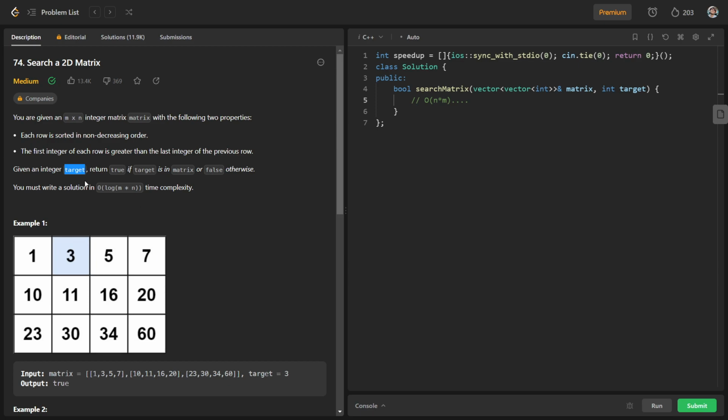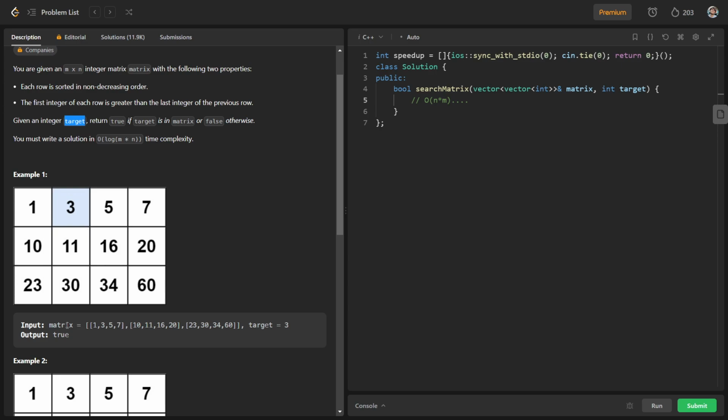Let's say this is our matrix and we have the target as 3. We will use the binary search method and check whether there exists any row whose first element is smaller than or equal to the target and whose last element is greater than or equal to the target or not.